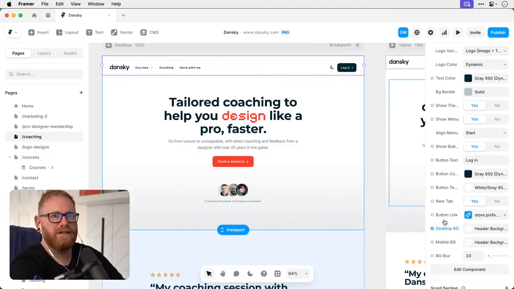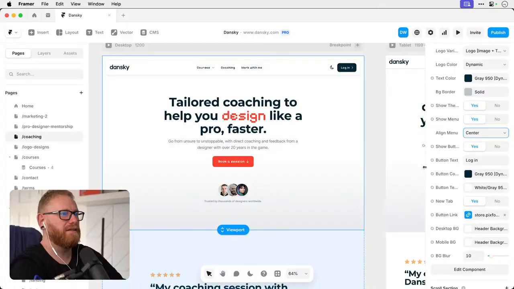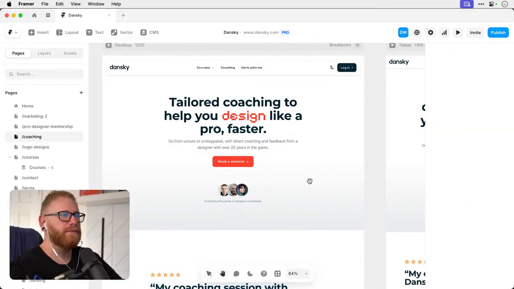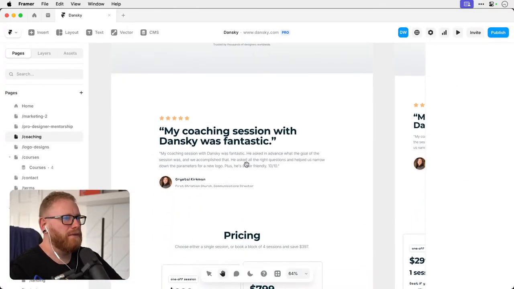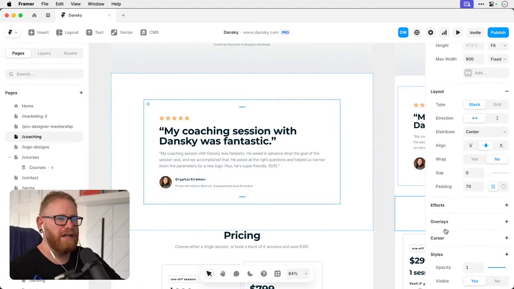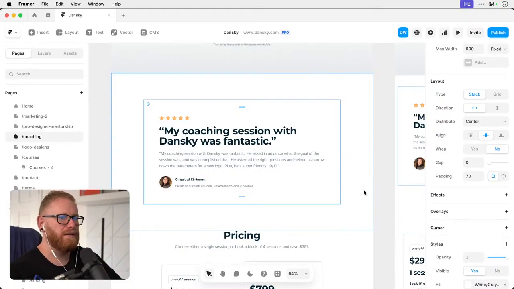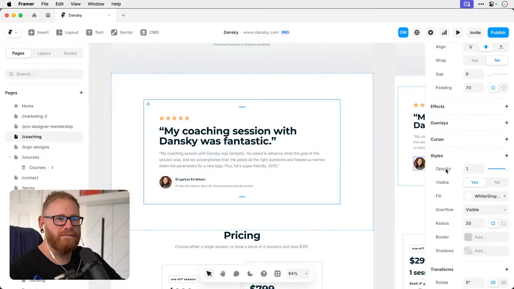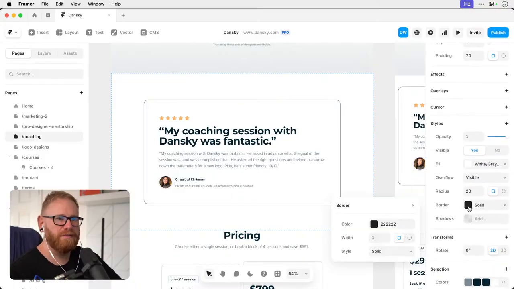Navbar, we got to fix that. Start center. That needs a... Oh, okay, so we're going to need that more linear style to come in here. So, lovely words by Crystal. It was an absolute pleasure to work with. We had so much fun on the last session. What am I doing? Border. Right. Border.